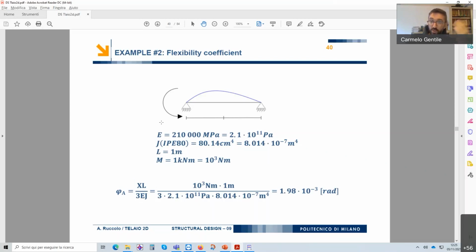If we just use the software, and now we can do it, assuming the beam is still steel, so 210 gigapascal Young's modulus, the moment of inertia associated to the IPE80, that is equal to 80.14 centimeters to the power of 4. And